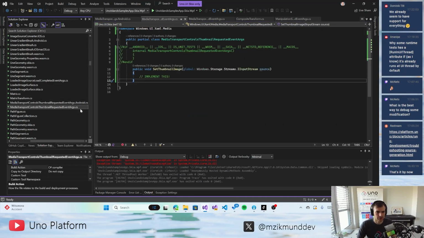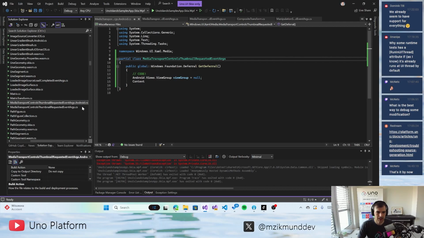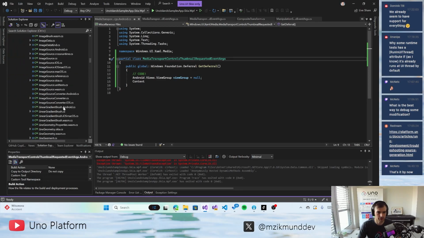And these file suffixes that are automatically recognized, there are several of them. We have Android, we have iOS, macOS if you want to target both, because those are usually quite similar. We have Skia, we have unit tests for unit test specific purposes. I will show that later. We have WebAssembly, and there is also a reference suffix that's used for the reference build,